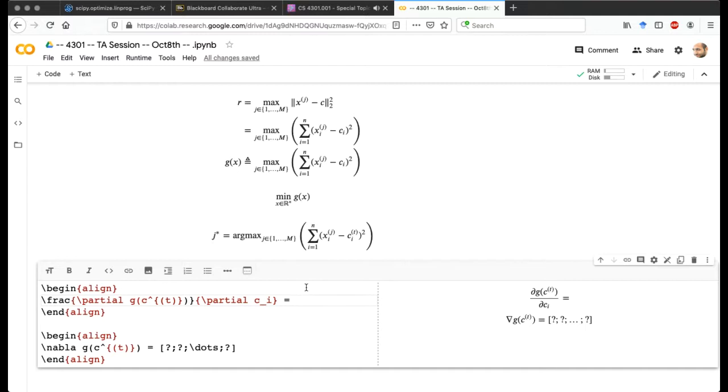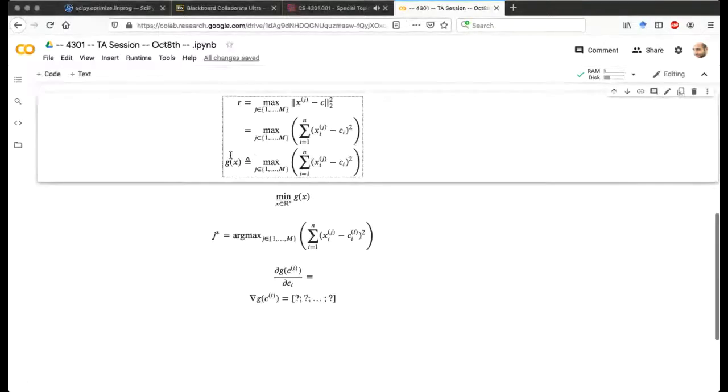Which function? J. As you have the point, you get the x, you get the furthest x, and then you walk towards it. So x_j, as we mentioned, the j star point. Among all of them, you just throw everything away and focus on j star. So the gradient of g,